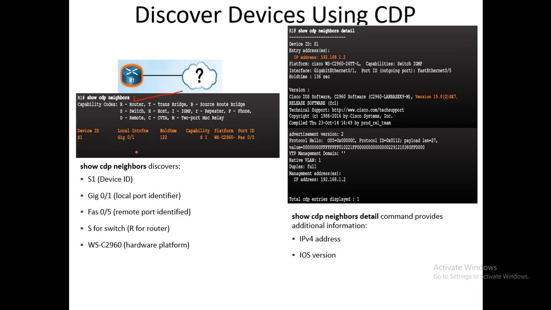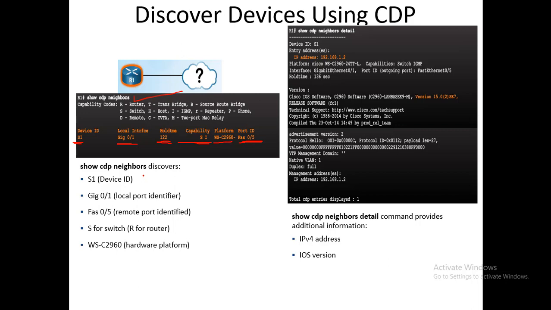It will display all the neighbors. Let's say this is the device S1. The local interface is basically gig 0/1, and the hold time is given as 122. The capability is S I, and the platform, these are different parameters that are shown over here.